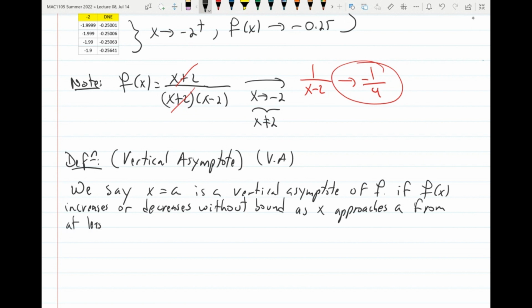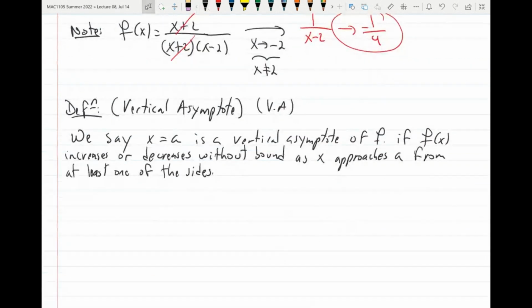At least one of the sides. It doesn't have to be from both. But if at least one of the sides we see that the function is going to positive or negative infinity, then that's it. That's what it means to have a vertical asymptote. Okay? All right, and then the theorem is